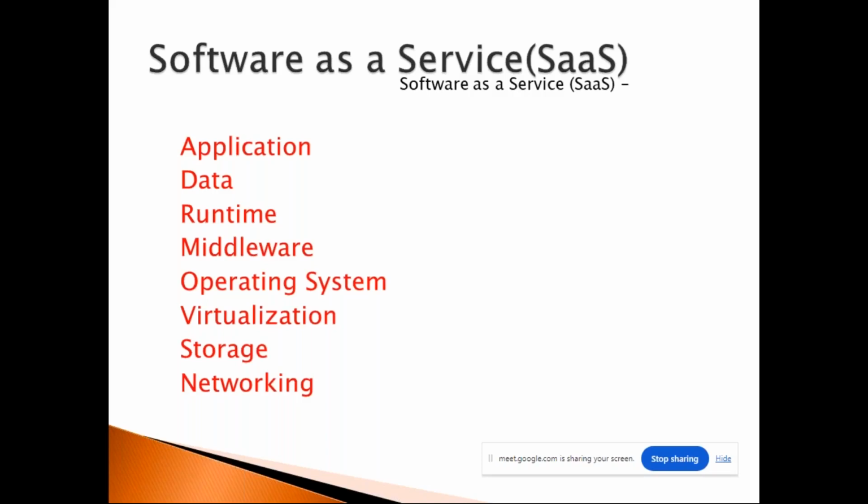All the infrastructure is maintained by the cloud service provider. If the client says that I have only an application team and a database team, then we'll go for platform as a service. Platform means what? Not only the infrastructure, they're going to provide the operating system, middleware, and runtime software. Your job is only to deploy your application and database. Everything else is managed by the service provider.